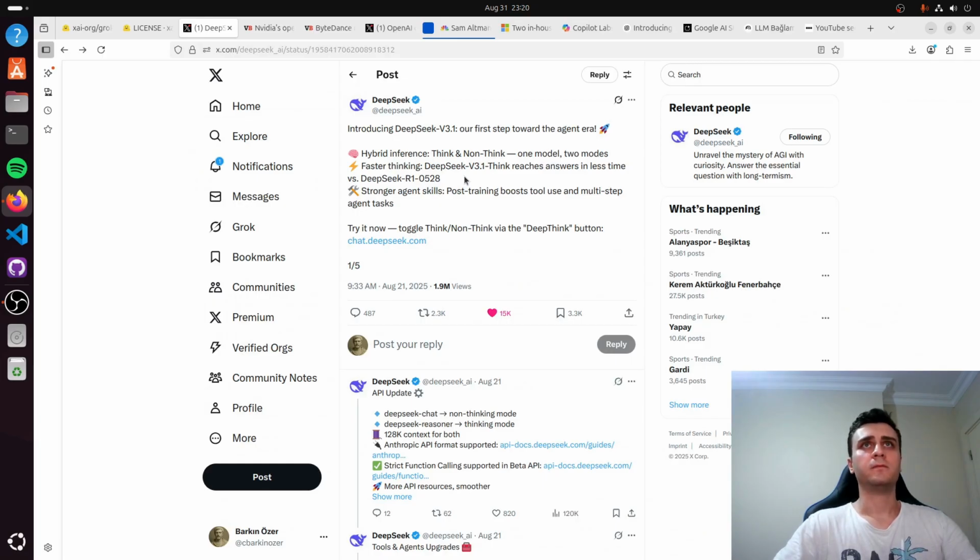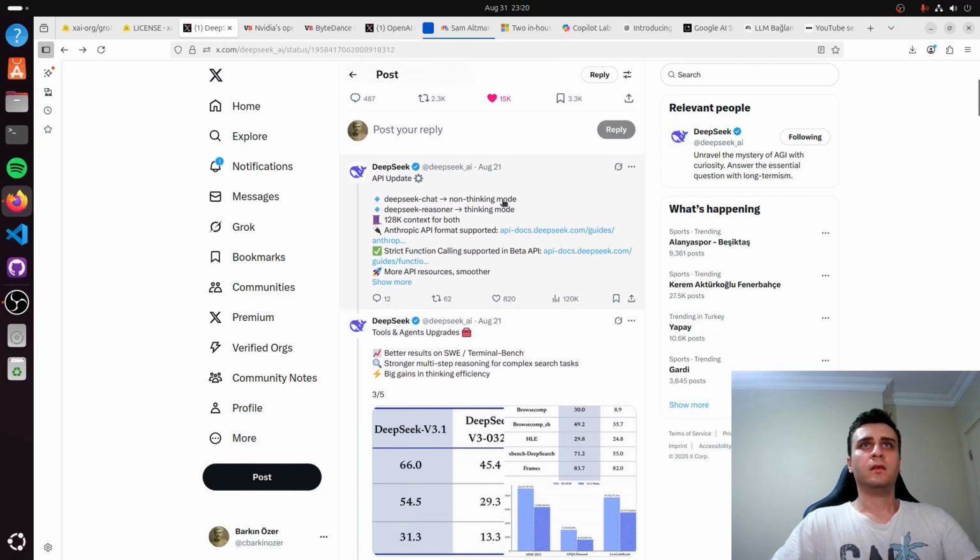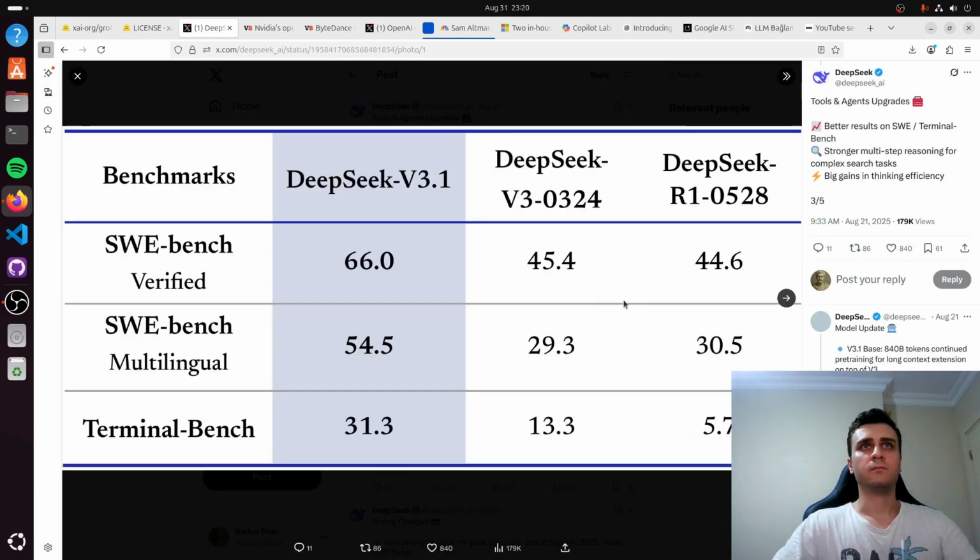V3.1 is here, an update. With this update, there are thinking and non-thinking modes of an LLM. You can switch with a parameter, and it got a little faster, and the agentic skills have improved, like post-training boosts tool use and multi-step agent tasks. It has 128,000 context for both of these models,